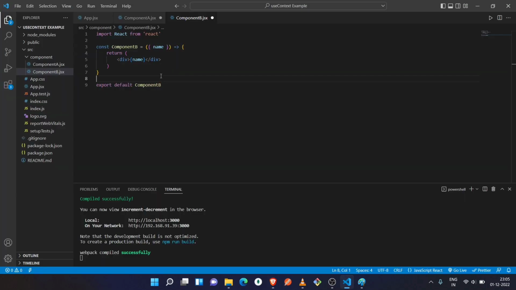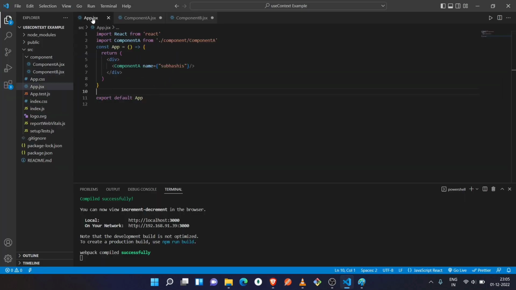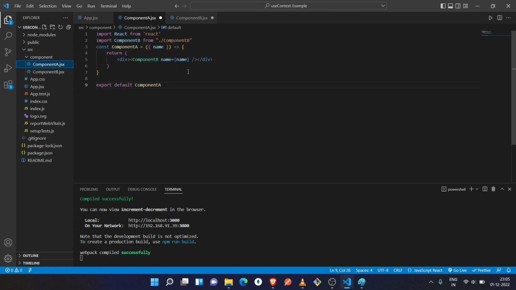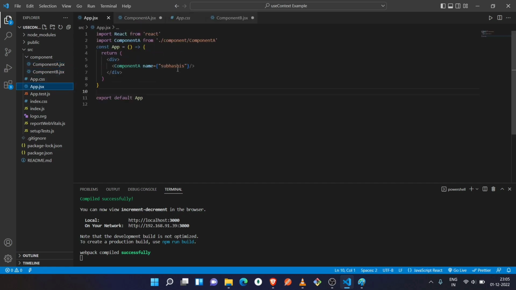So what we are doing here is inside the parent component we are passing a prop to a child component, and again inside the child component we are passing the prop into its child component and then simply displaying it. With the help of useContext we can simply provide it through the entire app and then we can access it wherever we want. For that, first of all, we need to import